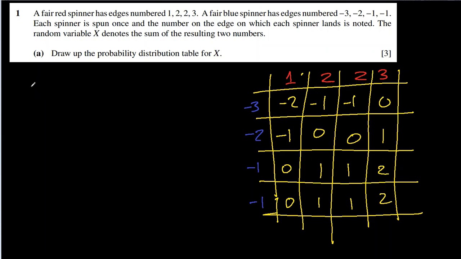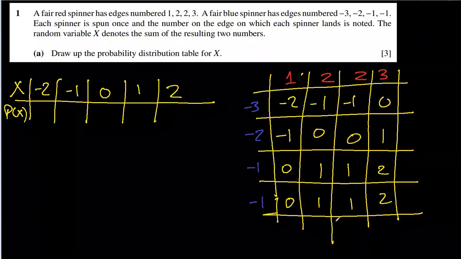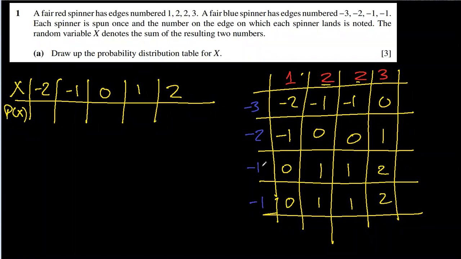Now let's draw the probability distribution table. So x is the variable and the probability of x will be written here. What is the smallest outcome possible? -2. So let's start with -2, then we have -1, 0, 1 is there, 2, and there is no 3. Okay, these 5 outcomes are possible and there are 16 of them, right? So I counted 2 twice and -1 twice because we'll just count the number of outcomes they are giving, out of 16. So -2 is only once out of 16, so its probability will be 1